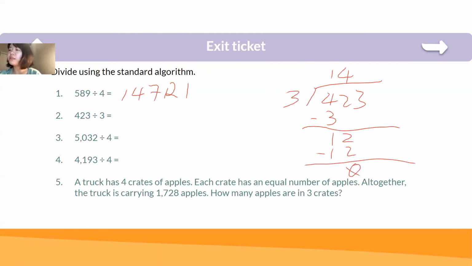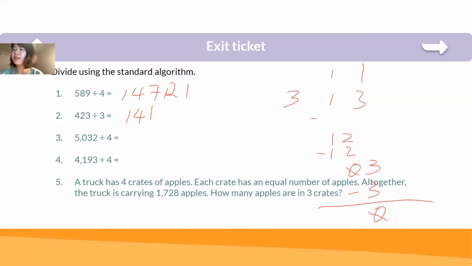And directly put 3 down, and 3 times 1 is 3. Then 3 minus 3, 0. So we don't have any remainder for this one. And 423 divided by 3 is 141. Okay. And the third problem,